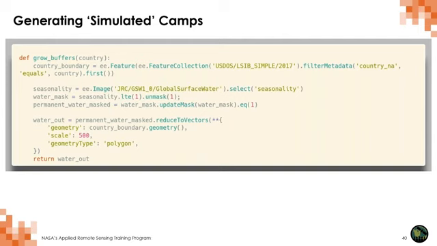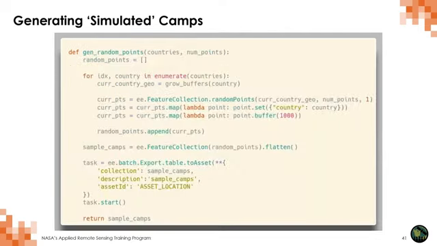by first finding the applicable areas where we can actually generate camps from. We're using the JRC Global Surface Water Composites, which are also available in Earth Engine, to create a seasonal water mask. We're looking for any area where there's more than 1 month of water detected and masking that out. This essentially creates a country level mask of potentially applicable sites that we then use to seed with